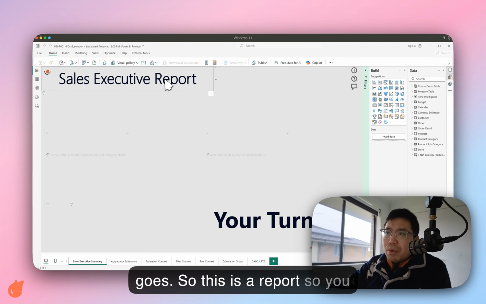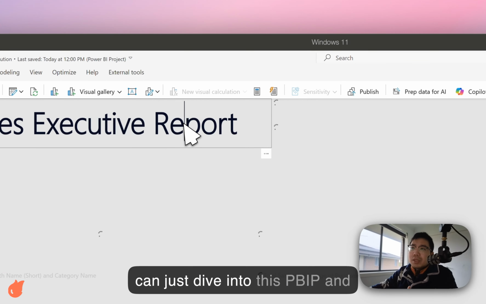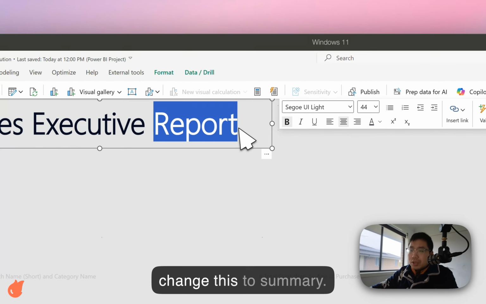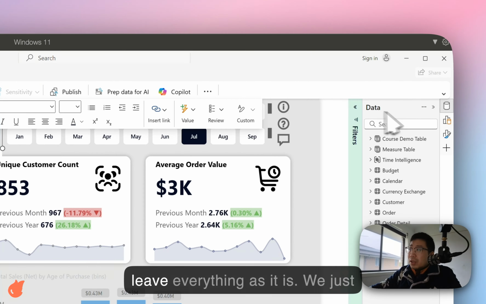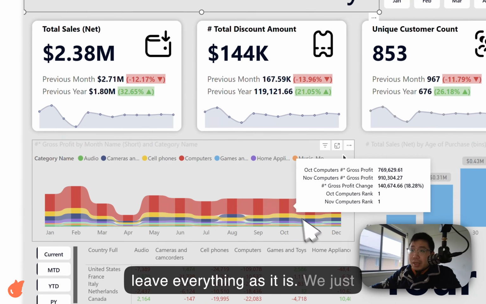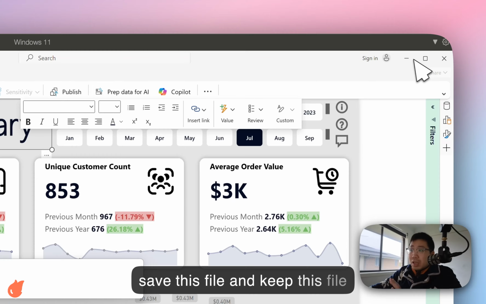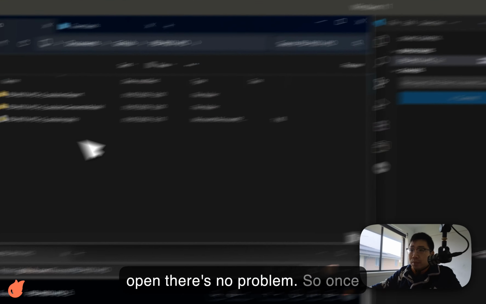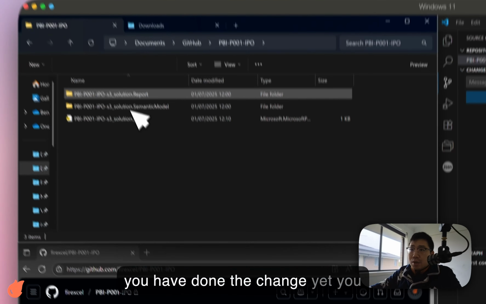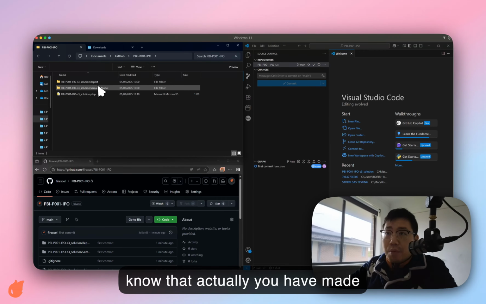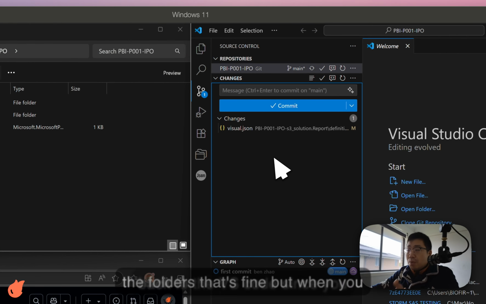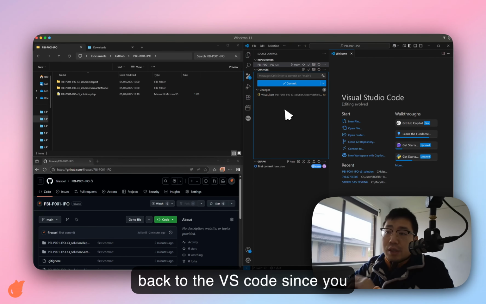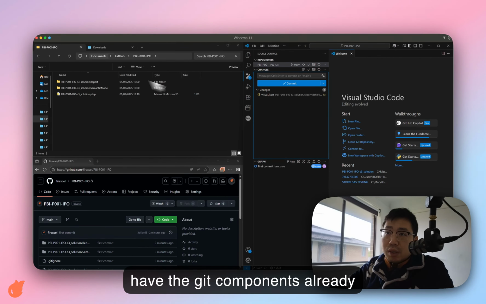So this is the report. You can just dive into this pbip and change this to summary. Once we have done that, we can just leave everything as it is. We just save this file. You can keep this file open, there's no problem. Once you have done the change, you know that you have actually made some change underneath one of the folders. That's fine. But when you go back to VS Code, since you have the Git components already embedded into